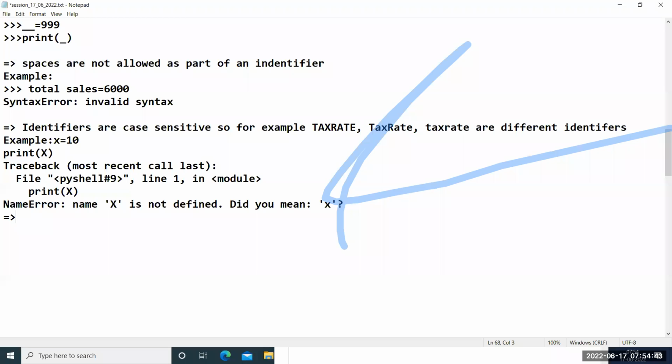Next rule: no identifier can have the same name as a Python keyword, guys. The next topic will be Python keywords. Keywords are certain words whose meaning is already known to the interpreter. They have some special meaning and functionality in the programming language. Those words are called keywords or reserved words in Python. There are around 33 keywords